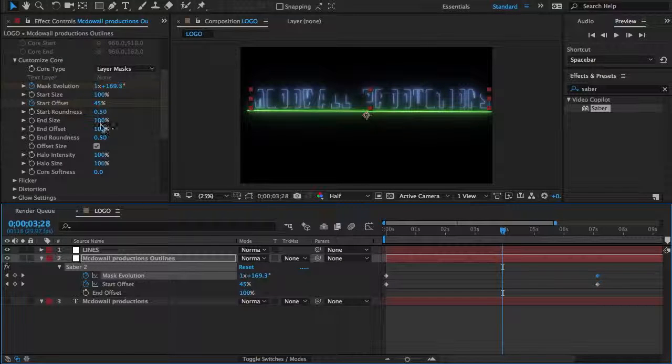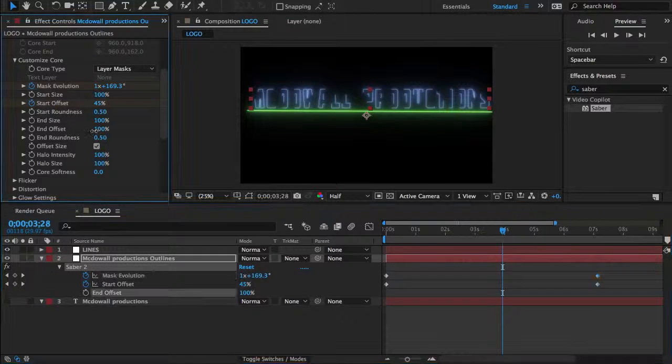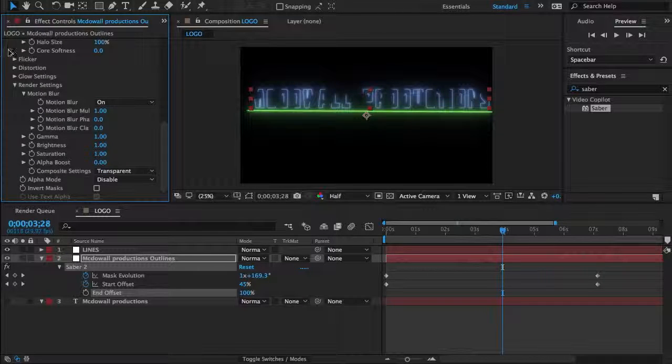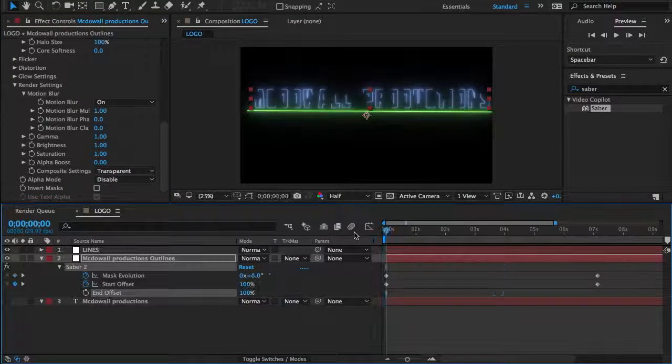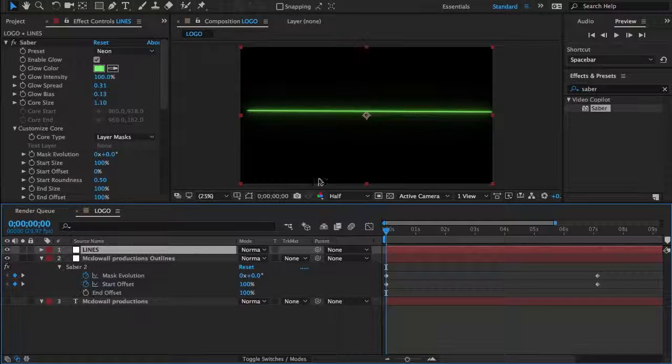And I mean, if you mess with the end offset, it will look like this. So it will be really cool. So you can mess with the end offset, but I'm just going to leave it like so. So it looks pretty good, and we can use all these other settings if you want, but I'm not going to use it. So what we're going to do is then go back to the 0,